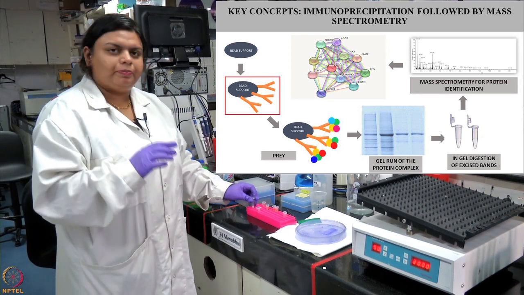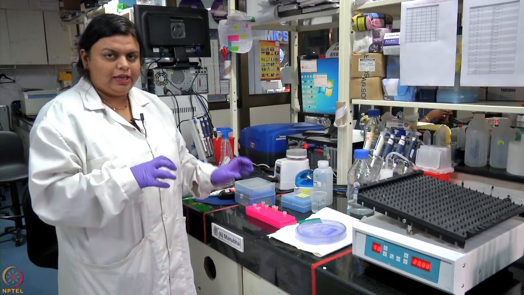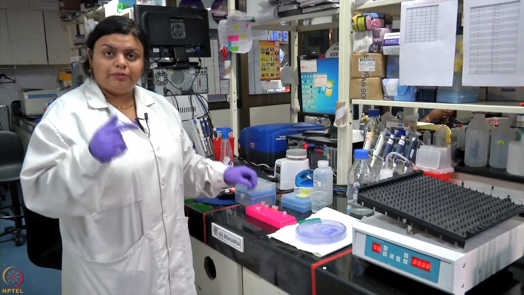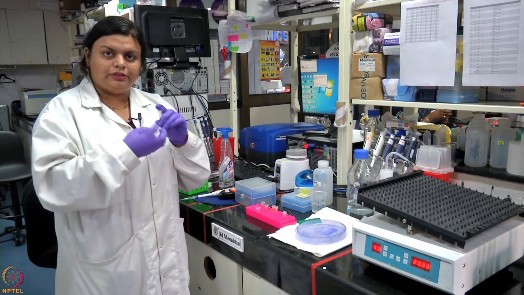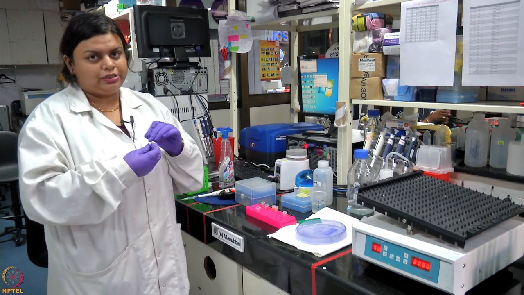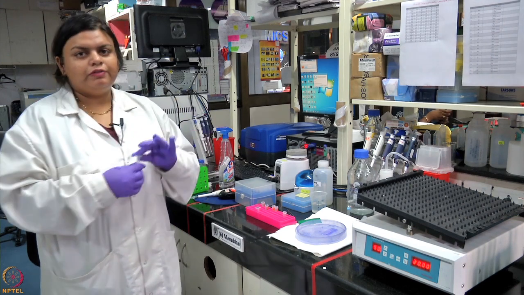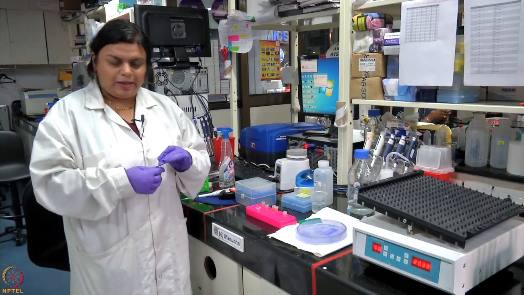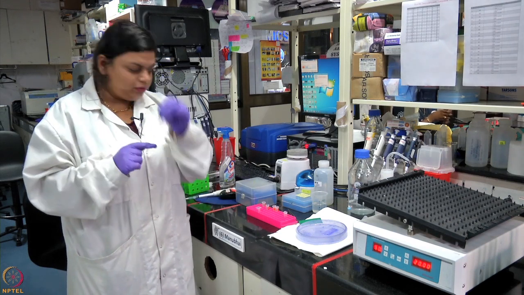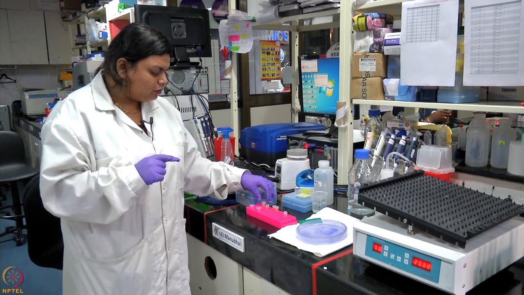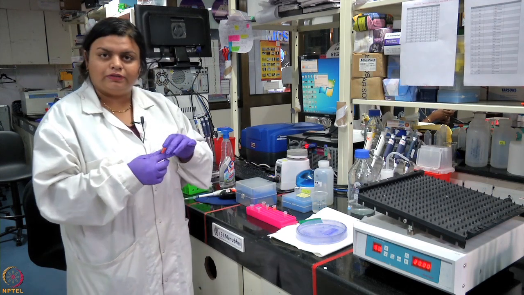So first of all, we'll prepare a bead antibody conjugate, and then because the antibody is specific to the protein of interest, we will try to pull down that protein from your biological sample. We will perform the experiment in 3 steps. Number 1, we will prepare the antibody bead conjugate. Number 2, we will be doing the pre-clearing of the lysate.